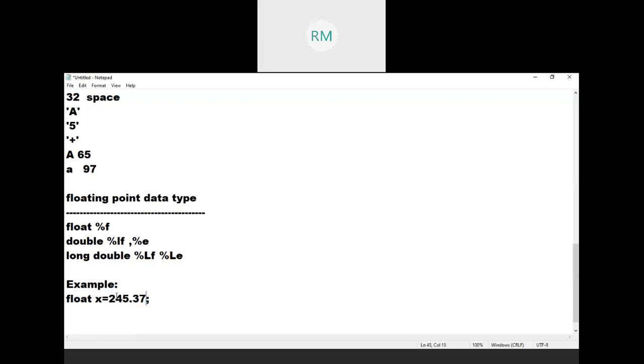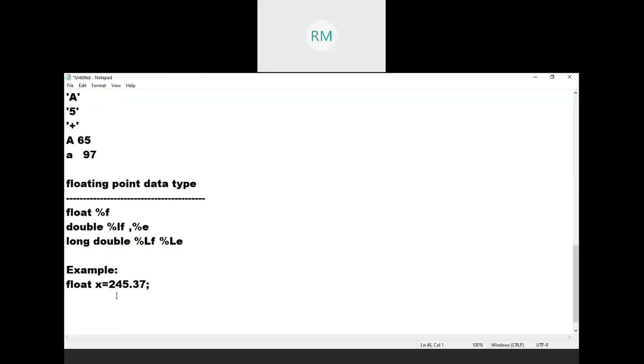So how to represent the float value as it is? You must use f. Clear? That's it. Actually, by default, a number with fraction is considered to be a double type, not float type. Okay. So based on this, there was a question asked in one of the renowned company interviews. That question I will tell you. So float x equal to 240.37. For example, I use %f as a format specifier to print the value. Then what will be the output?